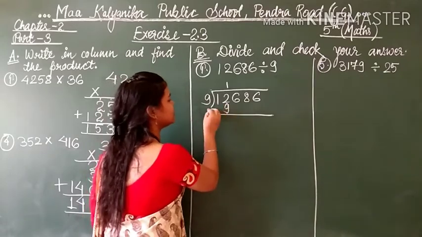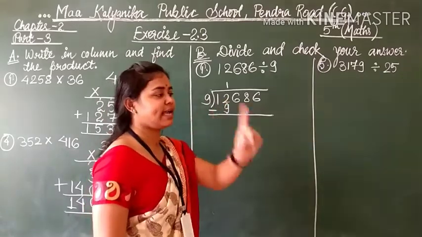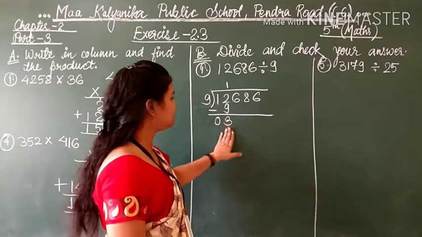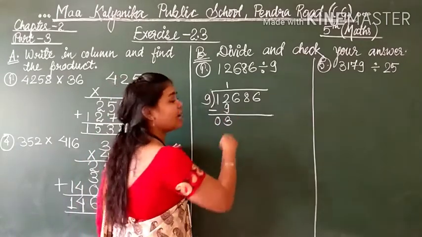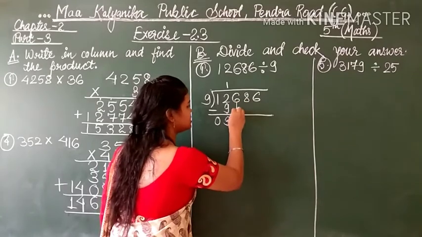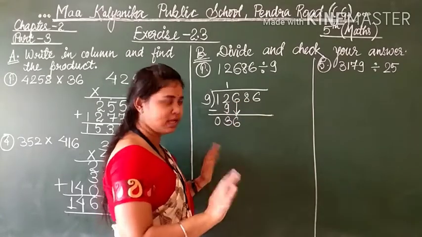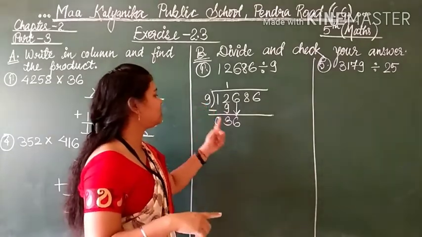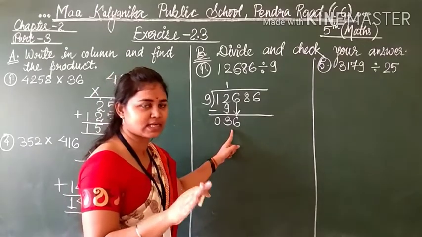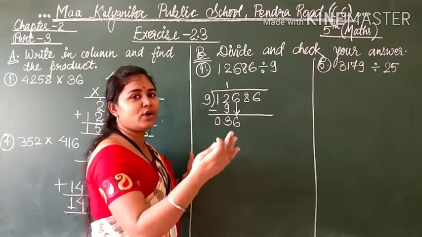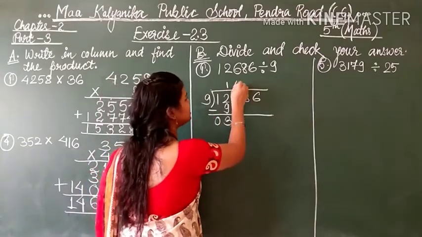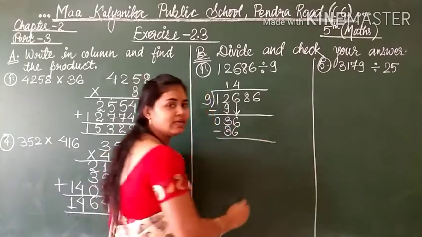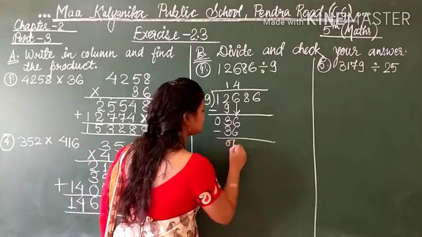We have to subtract this number. So 12 minus 9, so 9, 10, 11, 12, 3 is coming. So 0, 3. Clear to you? Now we have got this 3 here. Now the next number we have to carry down. 6 is there. So write down 6 simply. Then read the table of 9 for 36. 9 ones are 9, 9 twos are 18, 9 threes are 27, 9 fours are 36. Equal 36 is coming. We can take that, but more we cannot take, less we can take. Okay. 9 fours are 36. Again we have to subtract these two numbers. So see here, 36 minus 36 is 0.